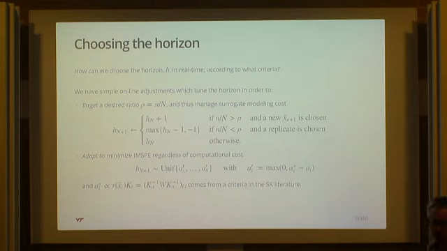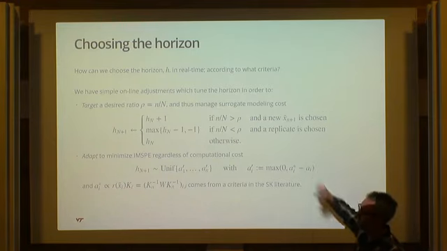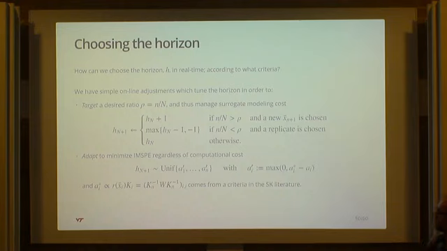So we developed 2 heuristics, and both of them are kind of like stochastic optimization schemes. We're targeting something. In one case, we call it the target heuristic, which is just targeting a certain ratio of unique to full data locations. So if we know that we only want to have 20% of our budget spent at unique locations, the other 80% spent on replicates, then this target heuristic does a kind of stochastic modification of the horizon over time to